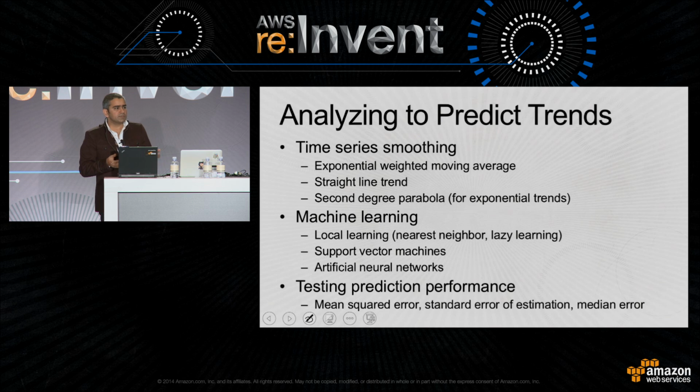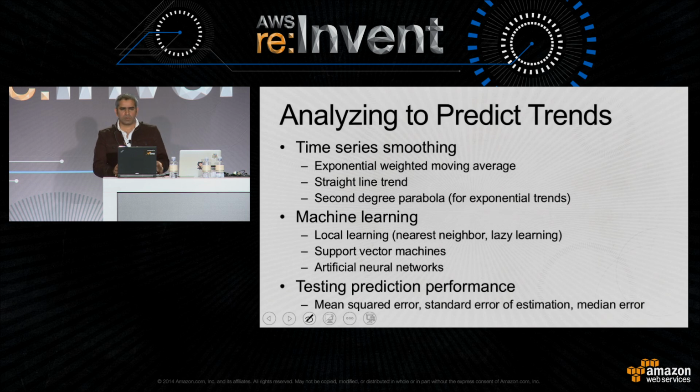So for time series smoothing, a very famous technique is exponential weighted moving average. Why it's a moving average is because you use a coefficient. I will talk a little bit more in detail about that. The coefficient value alpha will determine how soon you forget the past observations. The higher the value, the sooner you forget the past values. The lower the value, that means you keep the previous values into consideration, and then you basically come up with a robust mechanism of predicting. And I will show you an example and formula of that too.